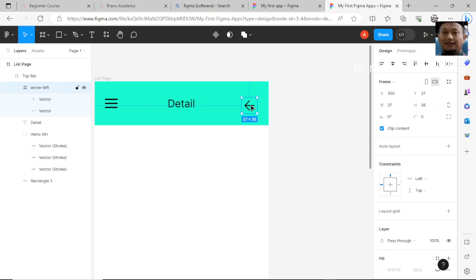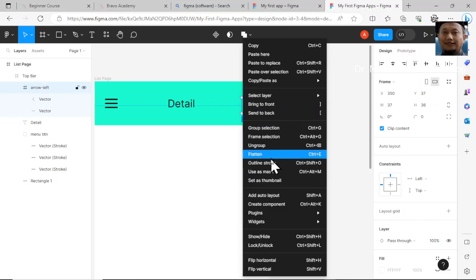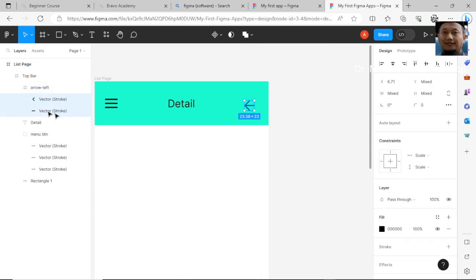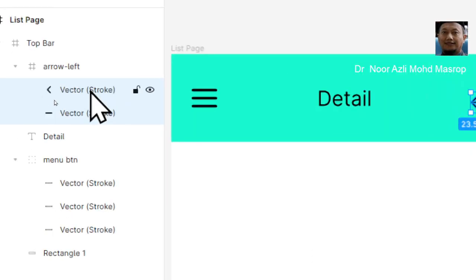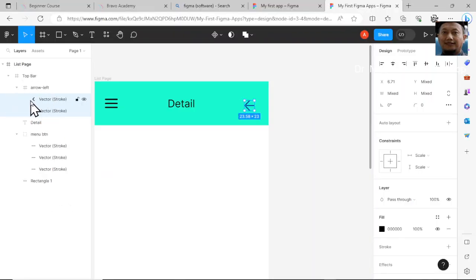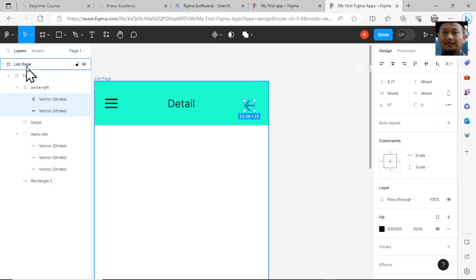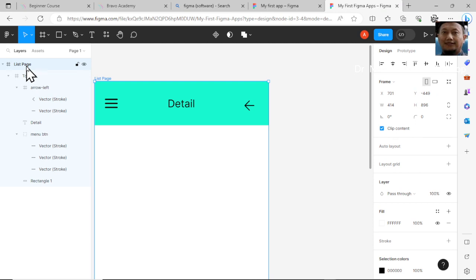Okay, so again same with the button menu, you have to convert it to outline stroke. Right click, outline stroke. As you can see that the arrow left has a stroke. So we have already created the detail screen top bar, so you can select this page,